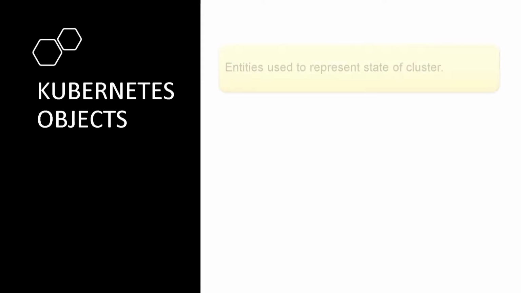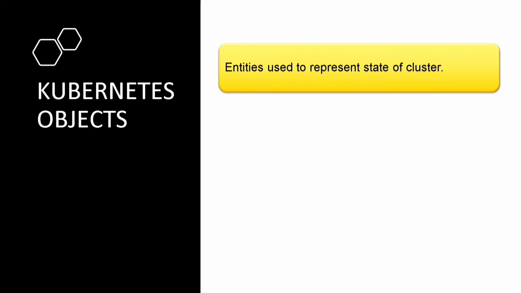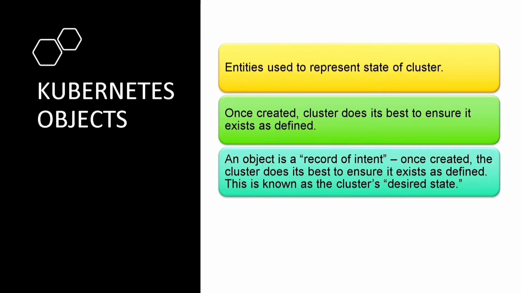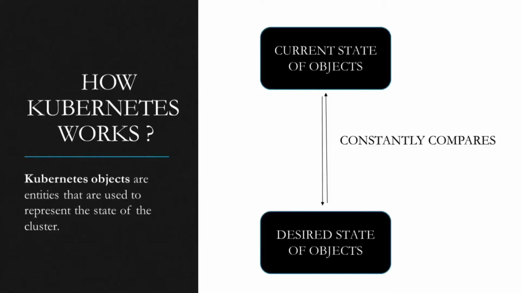So now we are very clear from all these examples that Kubernetes objects are persistent entities that are used to represent the state of the cluster. Or in other terms, you can say that they are records of intent, which means once they are created, the cluster does its best to ensure it exists as defined by the user, which is known as the cluster's desired state. So basically, we as DevOps engineers are creating Kubernetes objects to effectively tell the Kubernetes system what we want our cluster's workload to look like, basically to express the cluster's desired state, and Kubernetes uses them to maintain this state automatically by always working to make an object's current state equal to the object's desired state.